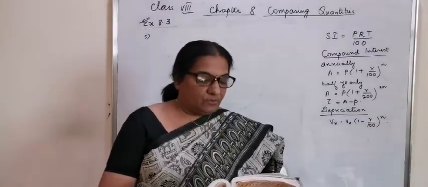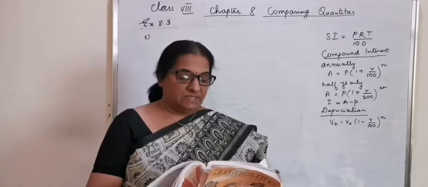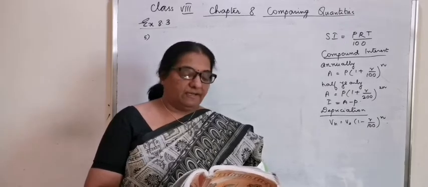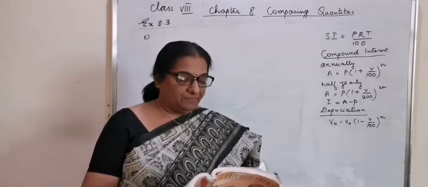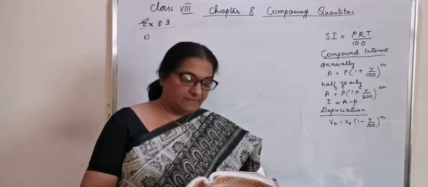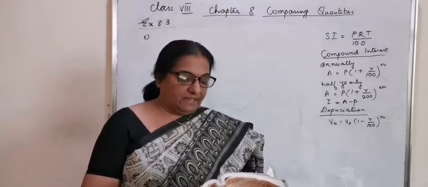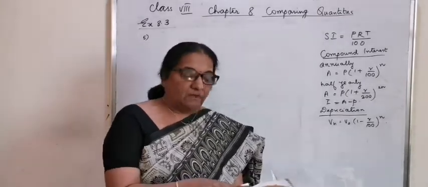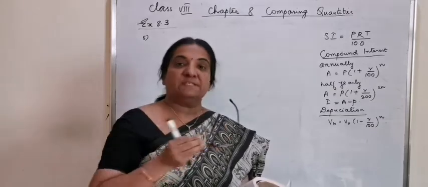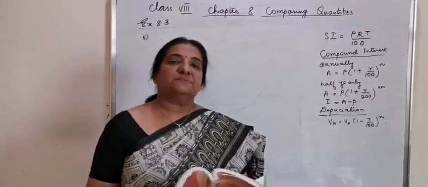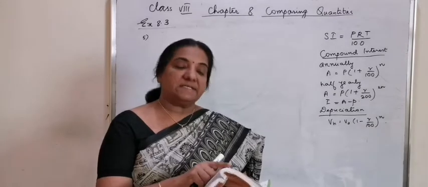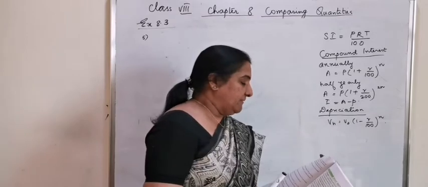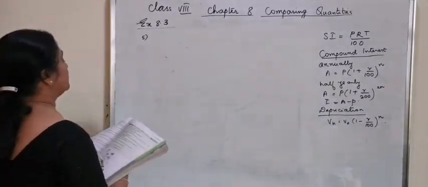Question number 5. Vasudevan invested rupees 60,000 at an interest rate of 12% per annum compounded half yearly. Underline the words compounded half yearly. What amount would he get after 6 months and after 1 year? Even if you deposit by compound interest, after 6 months the calculation is always based on simple interest. So the first part of the sum is to calculate the simple interest and the second part by the compound interest formula.